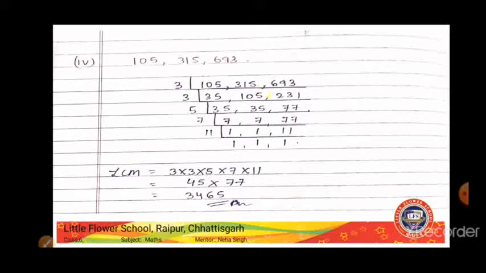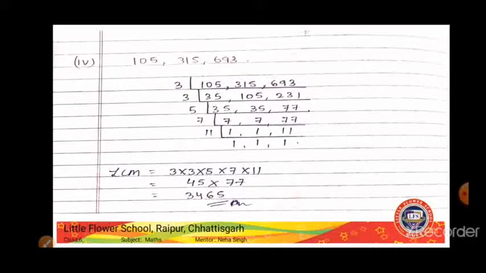So the number now is 15. 3 5s are 15. Here 3 2s are 6, 3 3s are 9, 3 1s are 3, right? Now again we'll see, 5 and 3 is 8. This number is not divisible. We'll do the digit sum and we can check whether the numbers are divisible by 3 or not, right? So 35 is not divisible, 231 is not divisible, but this 105 is divisible.